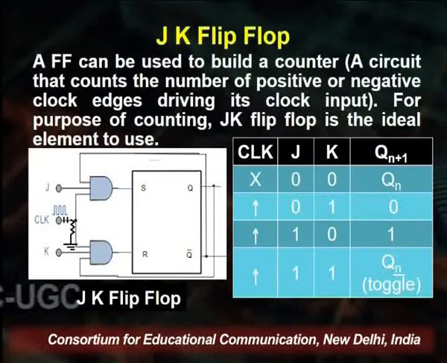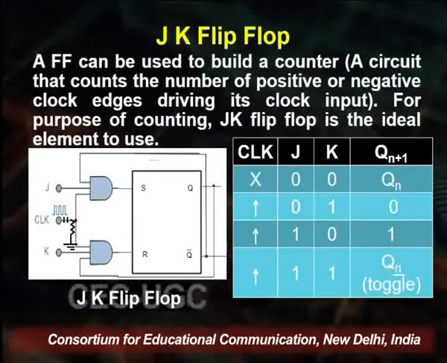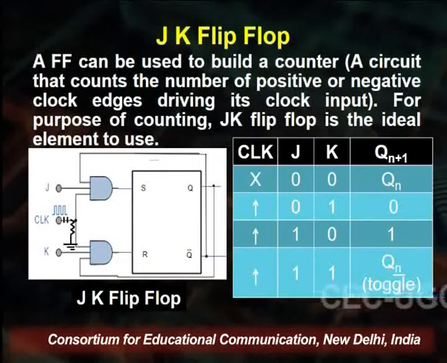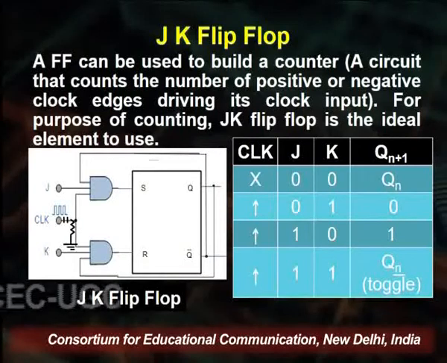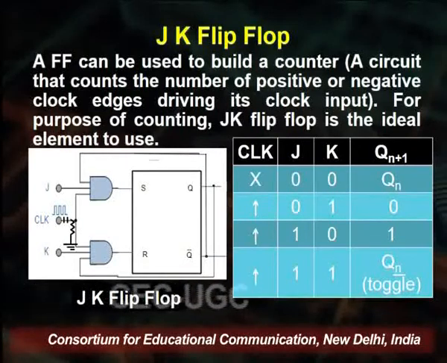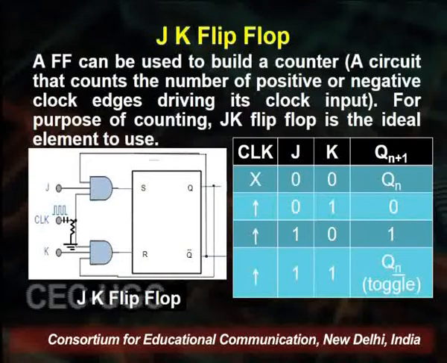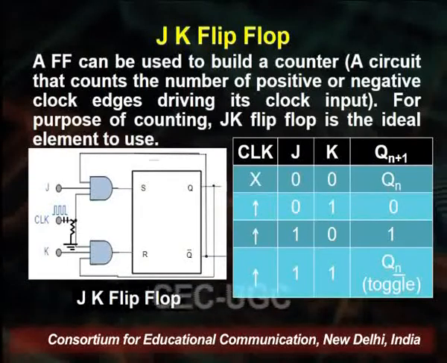In this case, there are again only 2 inputs, that is J input and K input, and hence there will be 4 combinations of 00, 01, 10 and 11. So we'll see here that both J equal to K equal to 1 input is allowed in this case. If you look at the figure